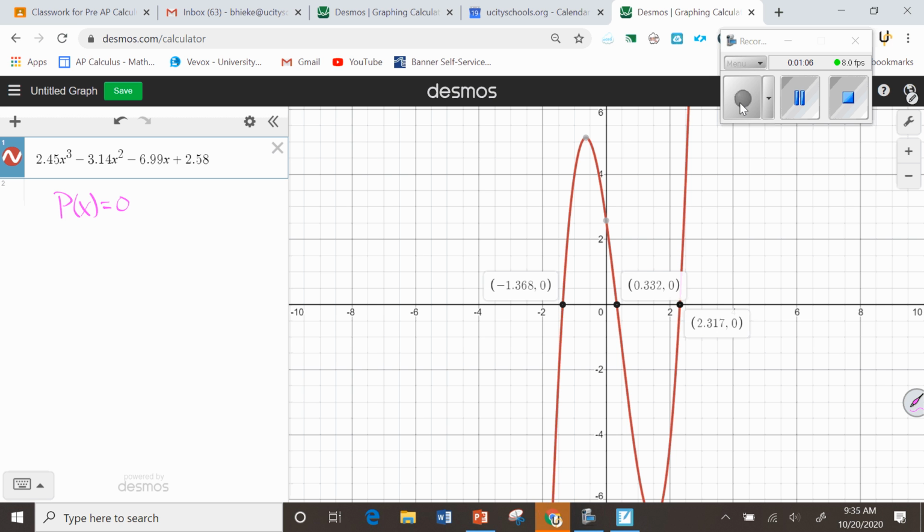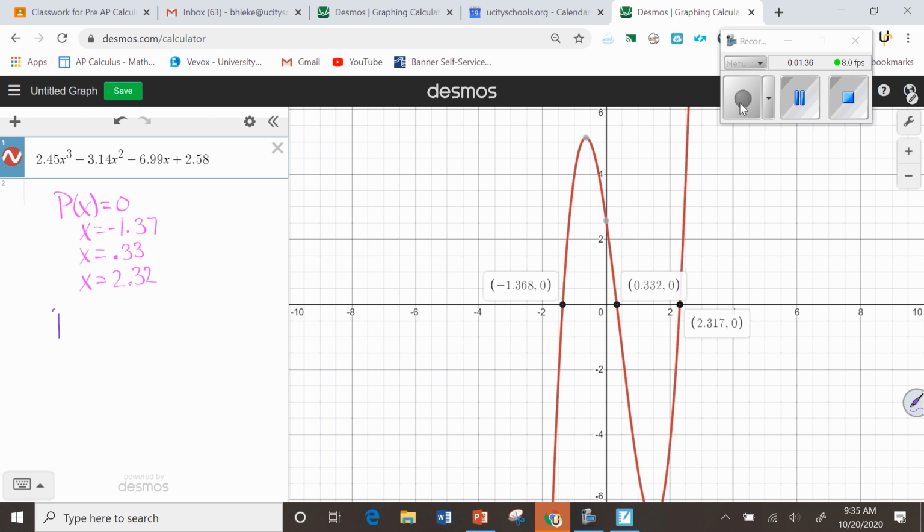So when I round, I have x equals negative 1.37 because that ending number was an 8. I have x equals 0.33 because the ending number was a 2. And then the last one I have x equals 2.32 when I round. So now let's talk about the next part of it where it said the function is